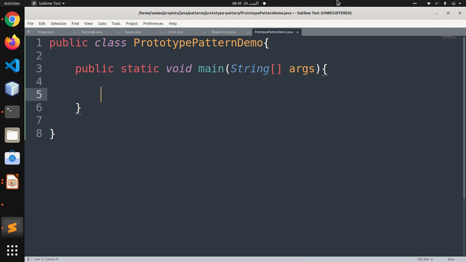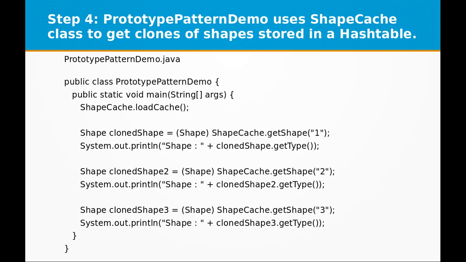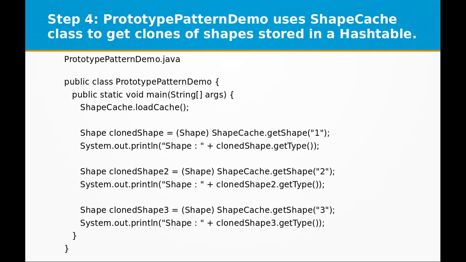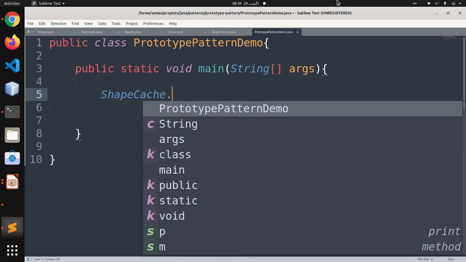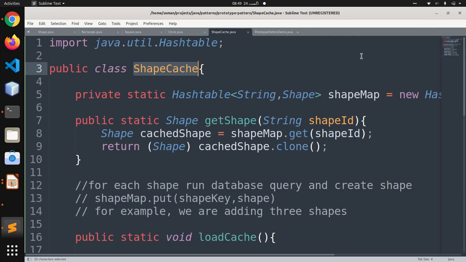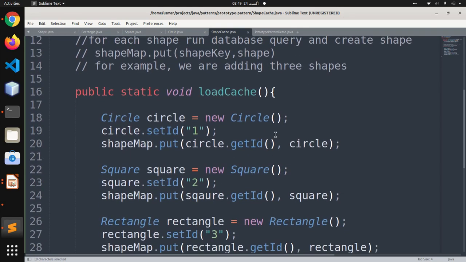here we have the Shape class, ShapeCache.loadCache. Okay, we are calling this function to load cache. What will loadCache do? It will create an object of circle. It will set the id of that object to 1, and it will add that object into our hash table, which is shapeMap.